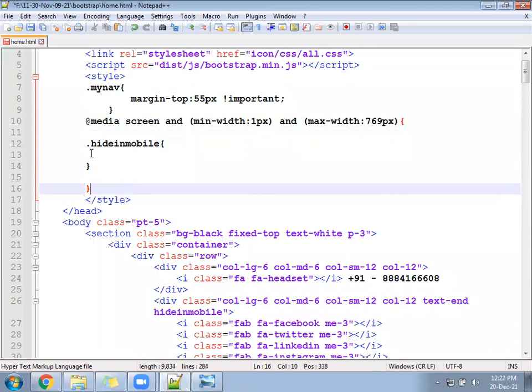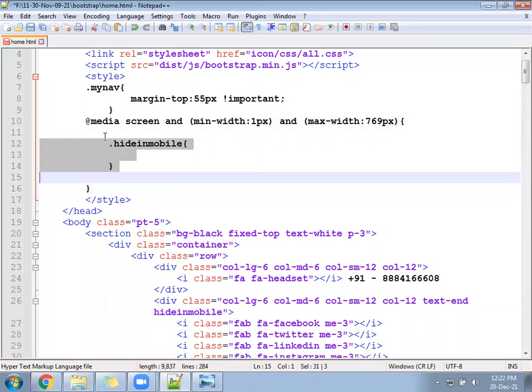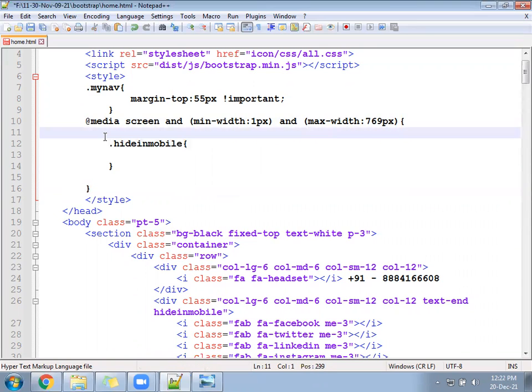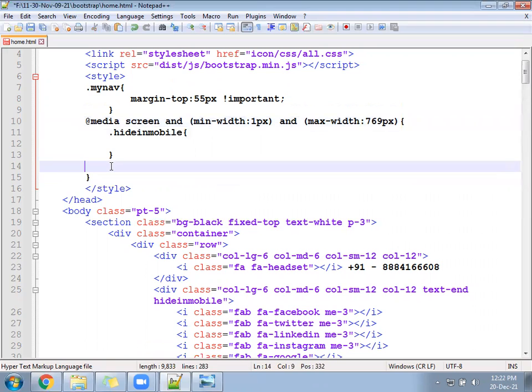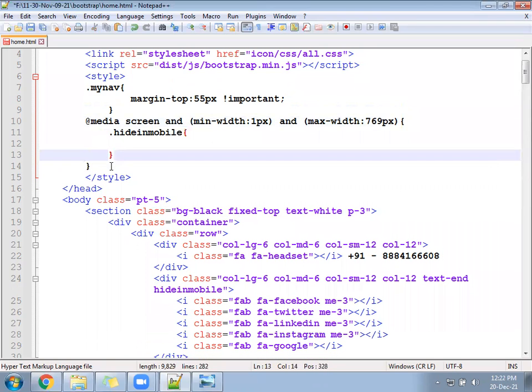So this condition you understood. The condition is saying that if anyone opens this page and their device screen size is between 1 pixel and 769 pixel. I said 768, right?